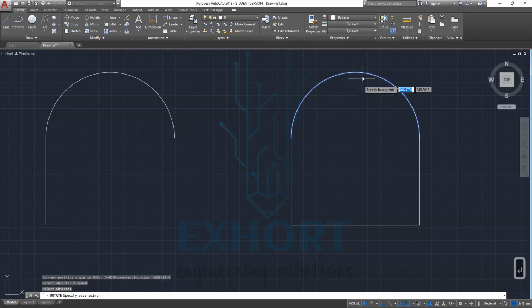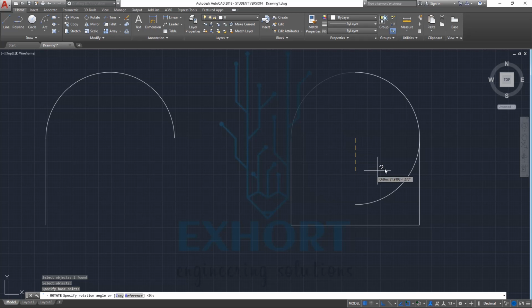Now we have to specify the base point. I will choose this as my base point. Now as we move our mouse, you will notice that we can rotate our geometry. I will choose here, and you will notice that we have rotated this arc.